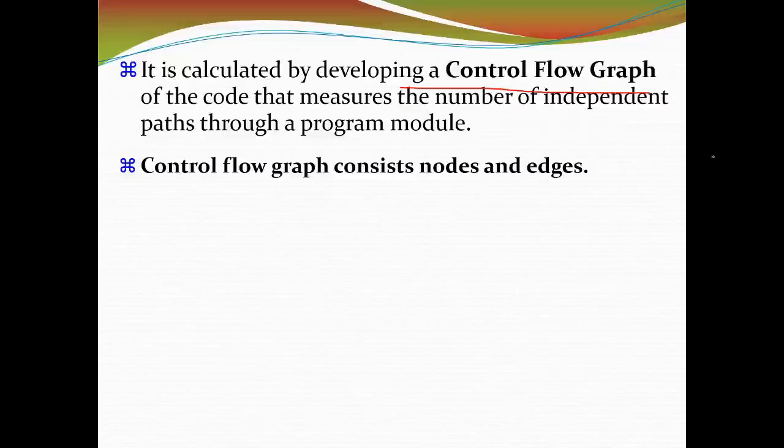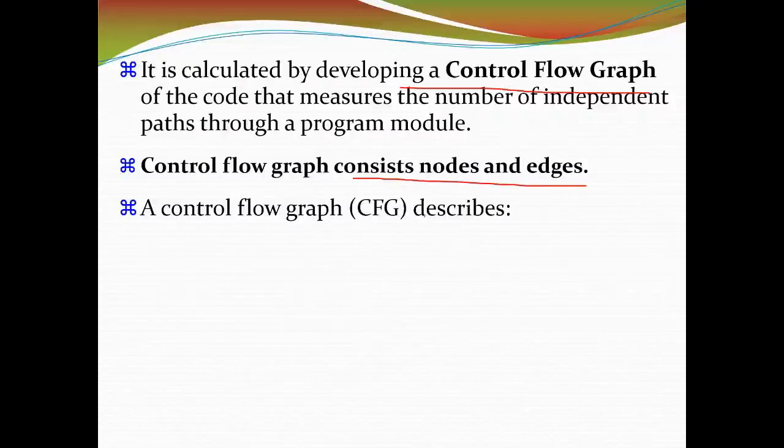So these all you will understand from this control flow graph. A control flow graph consists of nodes and edges. That particular code you are going to convert into a control flow graph. That is, you need to identify how many nodes and edges you are going to consider for that graph. That means the statements you are going to consider as nodes, and the flow you are going to show in edges.